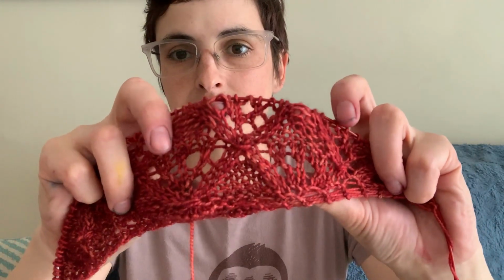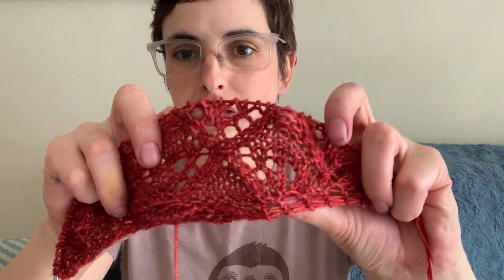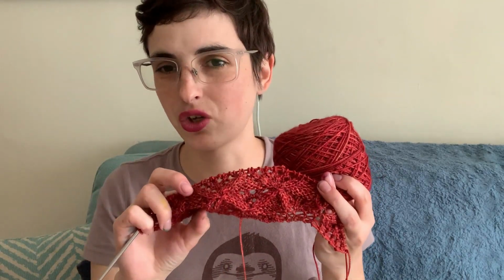It's just so gorgeous. I'm using my own hand-dyed yarn on the sock base, and because of the intricate, beautiful stitch pattern on this, I went with a tonal instead of a speckle because I really want the pattern to stand out and shine. So I needed a tonal or a really light speckle. And I actually have a good deal of tonals left over still from Stitches. I dyed up a bunch on my sock base to bring with me to Stitches, and tonals are just not what I'm known for. So I still have a ton left over, but